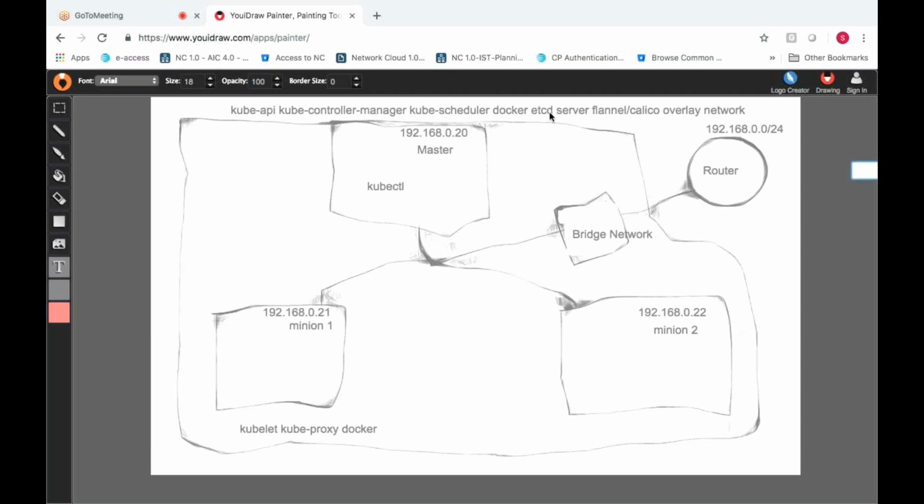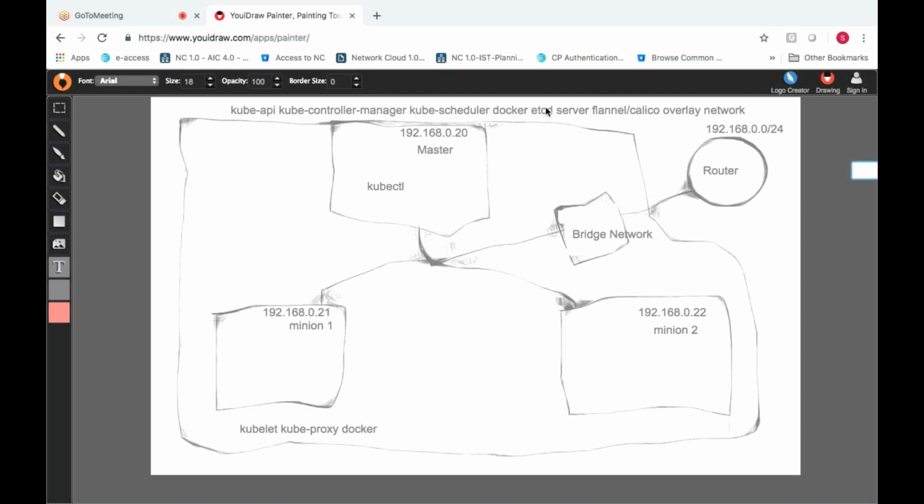The etcd server is a key value pair server which will store each and every server's IP address, their domain name, and how many containers you have launched. Everything, the metadata information of the server, will be saved in the etcd server because it is a key value pair server. Similar to that, we have Zookeeper, one of the tools we have, and we have Cassandra.